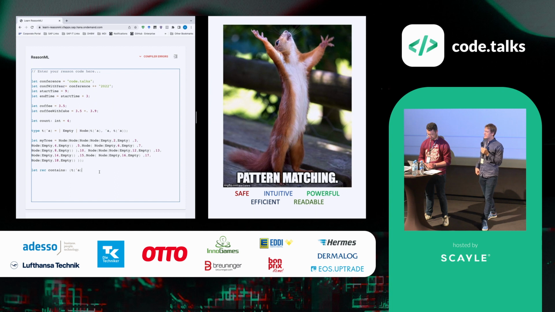Okay, so within this contains function, we will use the powerful pattern matching feature. It's something which I consider extremely safe, intuitive, powerful, efficient, and readable, and which is extremely widely used in our code base. A very important point here is that the compiler will always tell you what is missing. So if you implement now this contains function, and maybe we can first have a look at how that contains